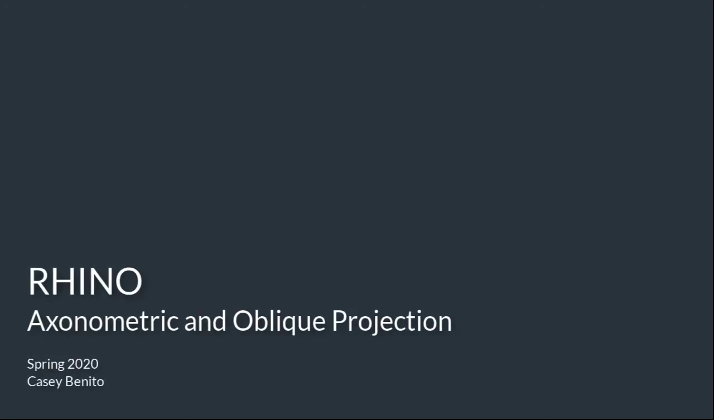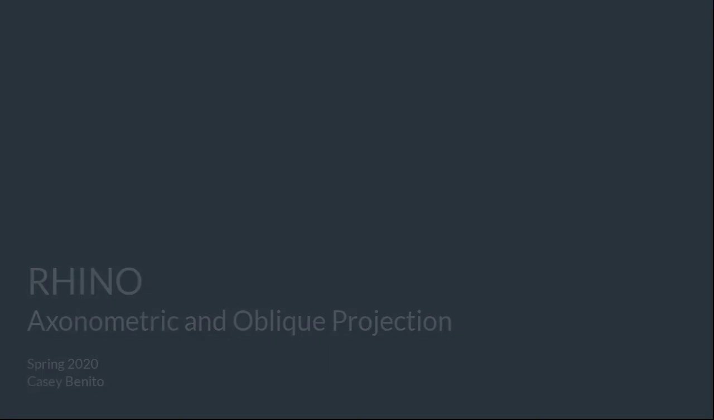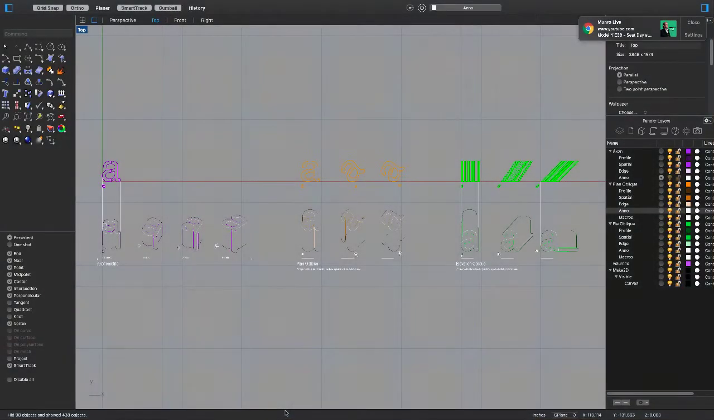In this video, I will be covering how to project oblique and axonometric 3D digital models into 2D digital drawings. My working file is available on Canvas if you would like to follow along. Let's get started. As you can see, I have divided up the workspace into 3 sections: